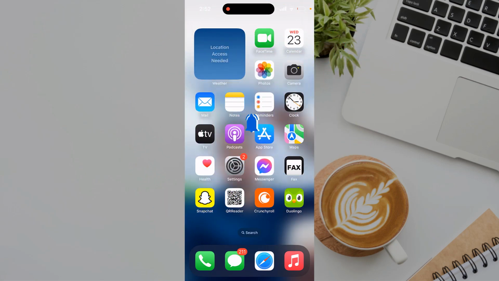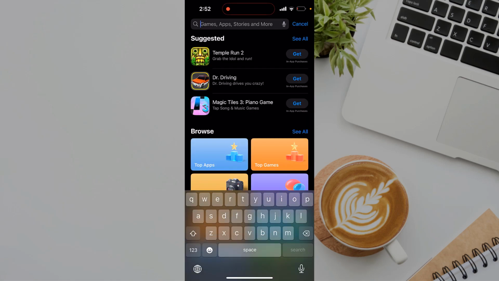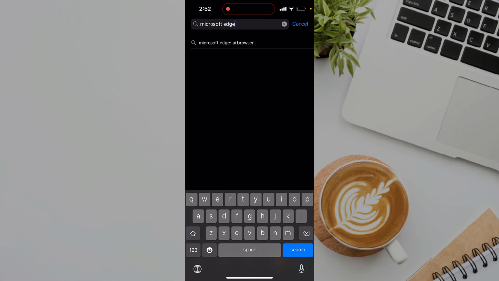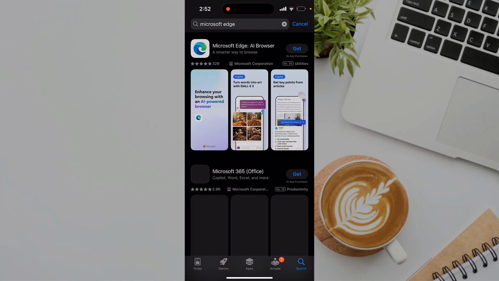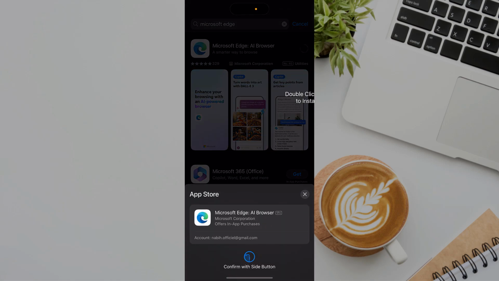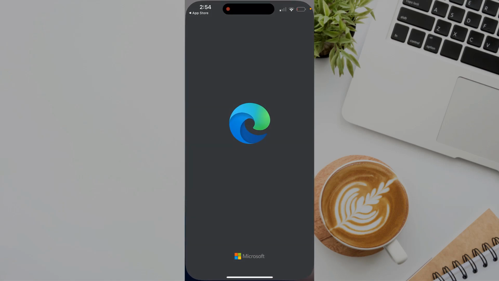So first guys, tap on App Store and in the search bar, search for Microsoft Edge. And then tap Get and double click to install. Perfect. After installing Microsoft Edge, tap Open,